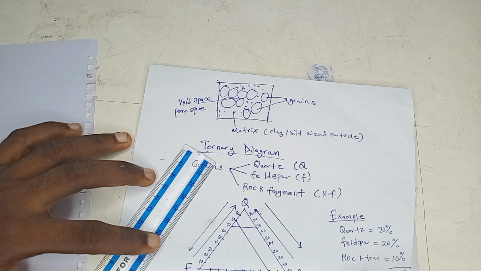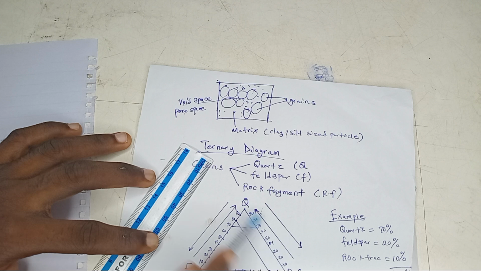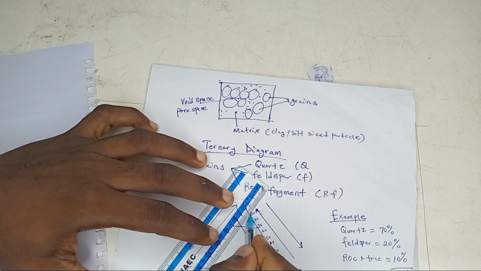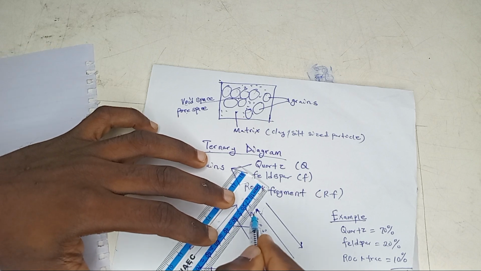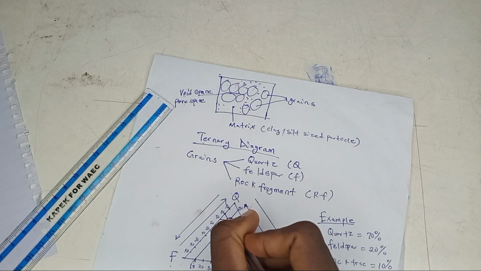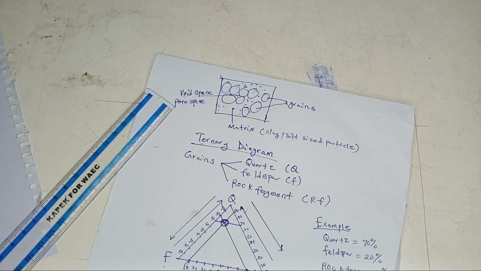Then the last part is rock fragment. Here is increasing rock fragment. We have 10. And here, this way, you are increasing for quartz: 10, 20. But for rock fragment, here will be 10, here is 0. What do we need? 10%, right? So 10% joins to this other 10%. Good. These points here